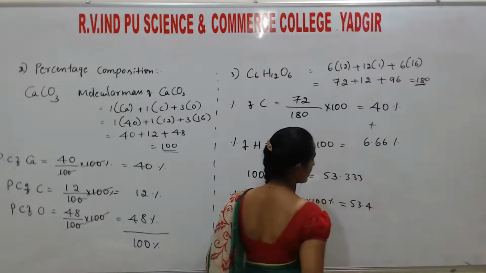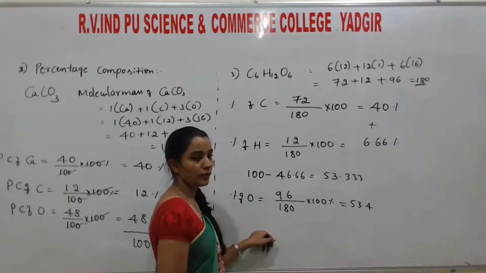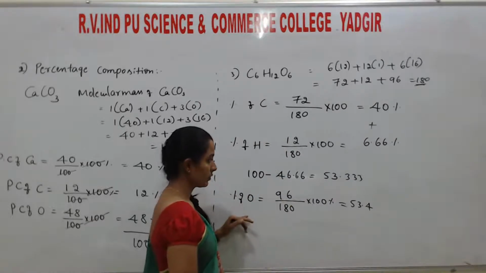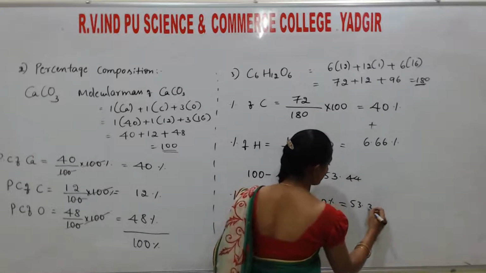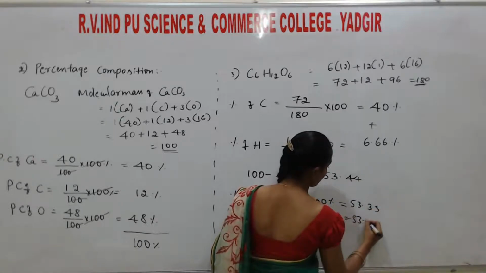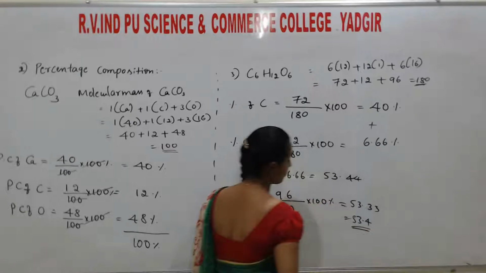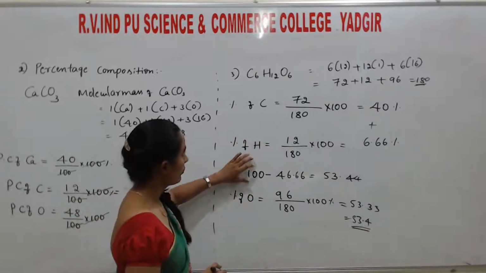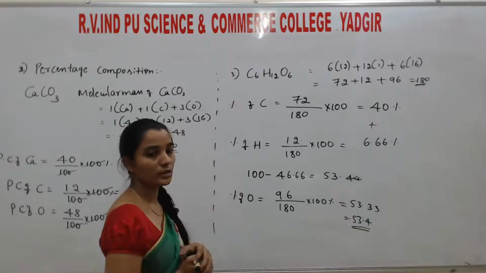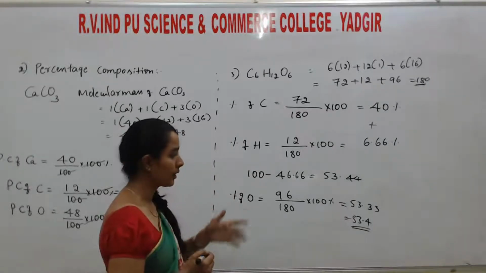So that is also taken as approximately 53.4. Okay. So this is how we are going to calculate the percentage composition of the individual element present in